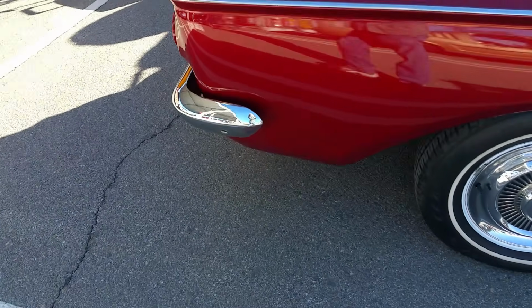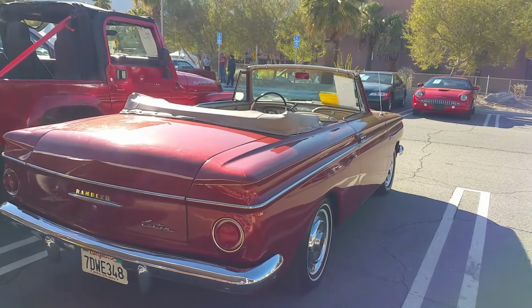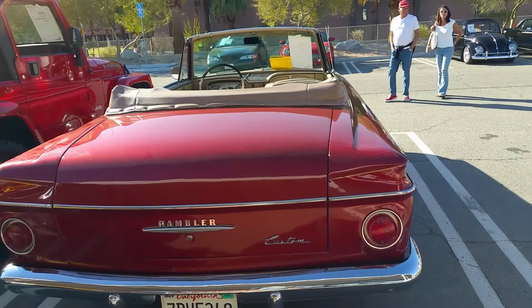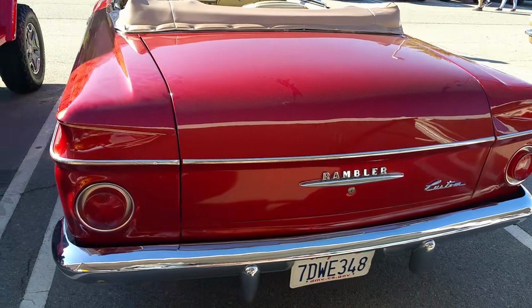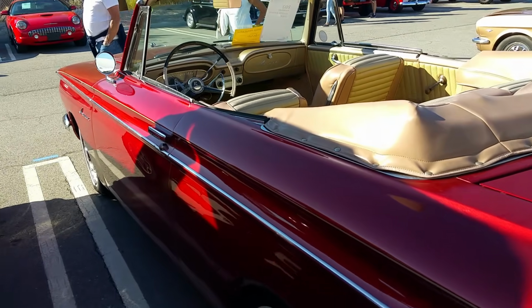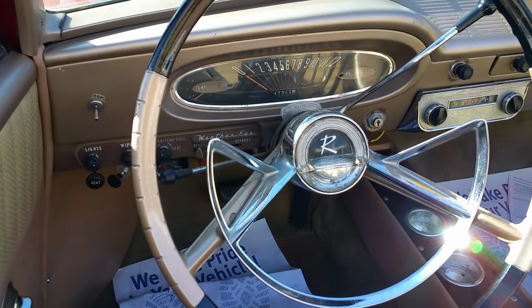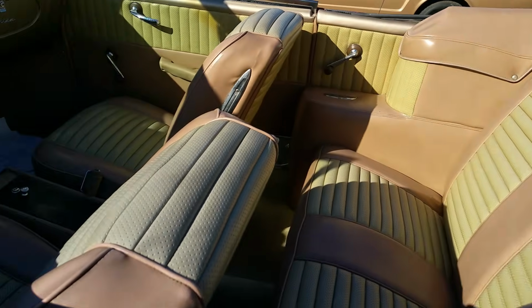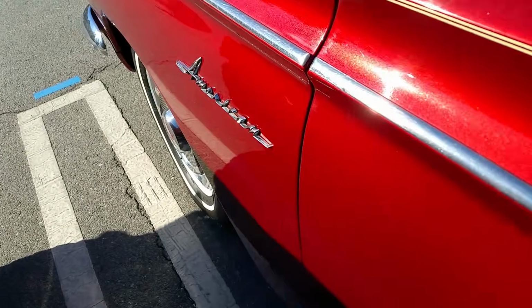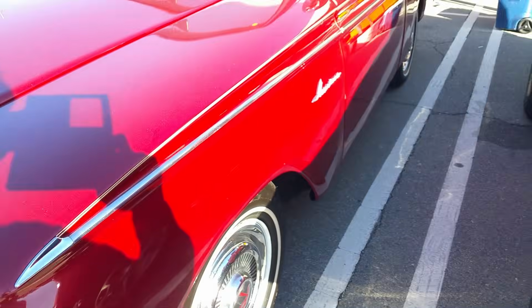Oh, by the way, I wanted to mention they used a 1962 version of this, the Rambler American convertible, on the TV show Third Rock from the Sun. So if it looks familiar to you, that's probably where you saw it. That one was just a plain, more of a fire engine red with the white stripe down the side that the 62s had. But either way, once again, that's today's featured car of the day, a 1961 Rambler American Custom